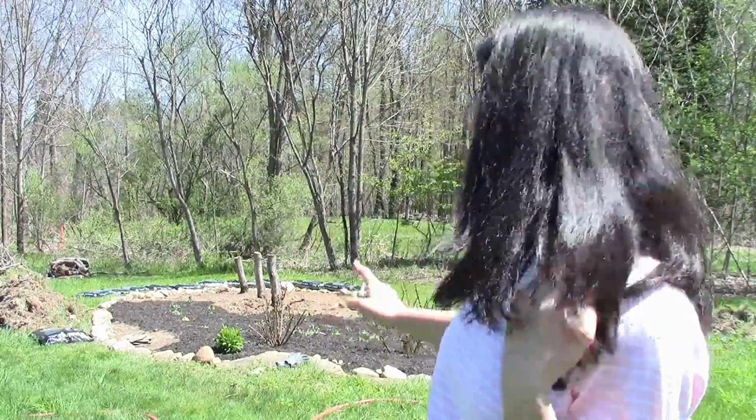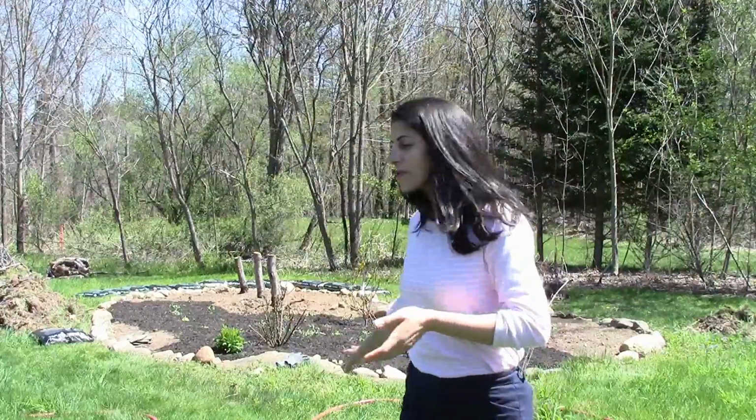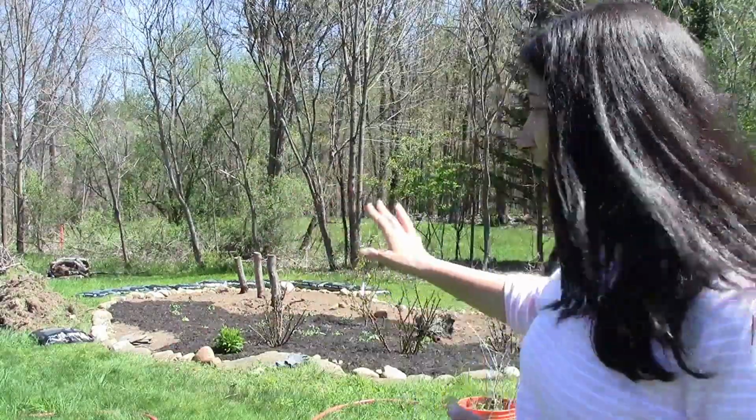I still have some stumps over here, and I have some ideas on what I'm going to be doing with them. So today I want to be planting some plants over here, and I kind of want to show you what I did. The thorn bushes were sticking up right about here. They were filling up this whole area, and we also had a thorn bush, two of them, up on this